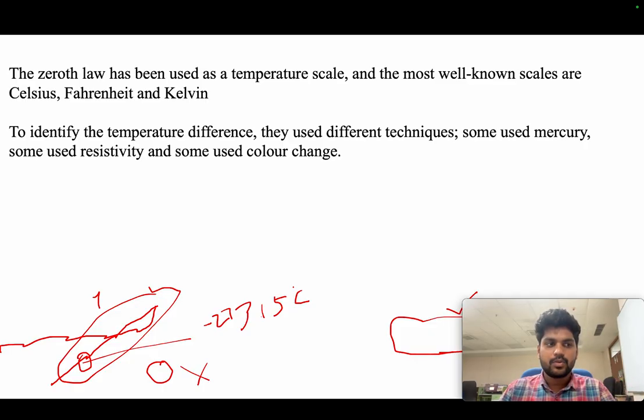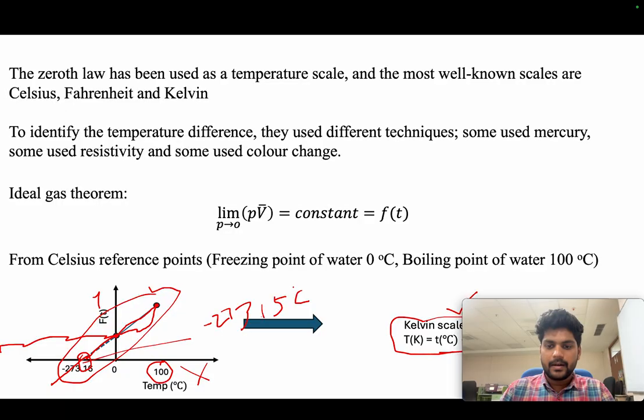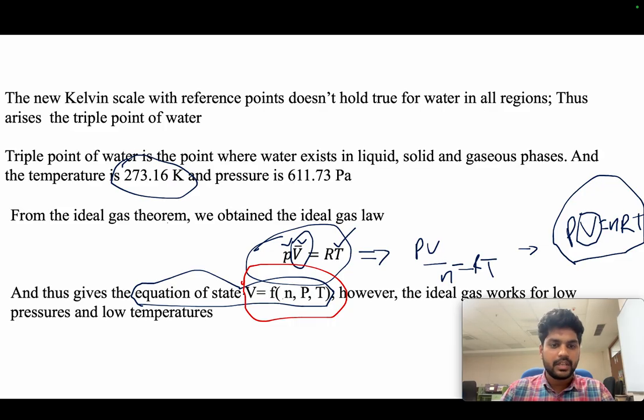the experiments. So if you consider the expression for the ideal gas theorem, PV, we found out that the ideal zero will be minus 273.16 degrees Celsius. So that's why we got the Kelvin scale, which says that T in K equals T in degrees Celsius plus 273 kelvins. So once we have the Kelvin scale with different temperatures, and then we have the ideal gas